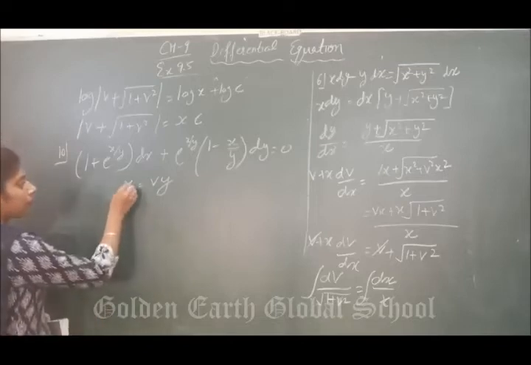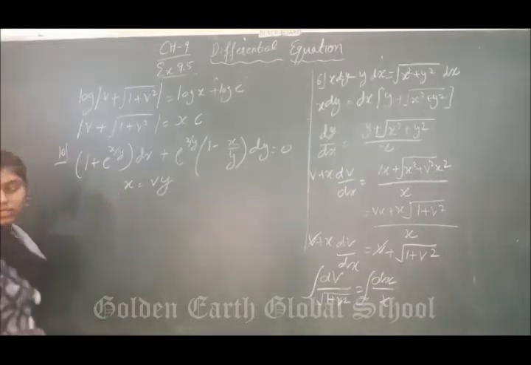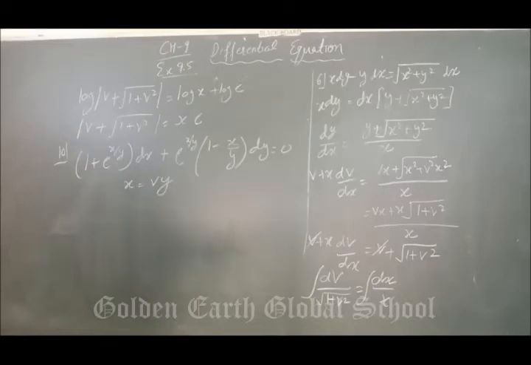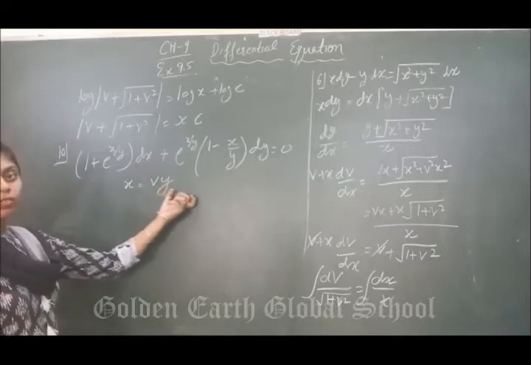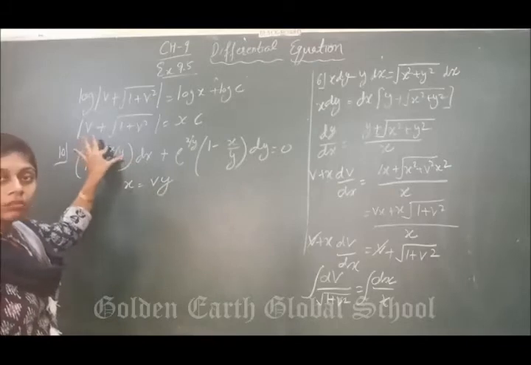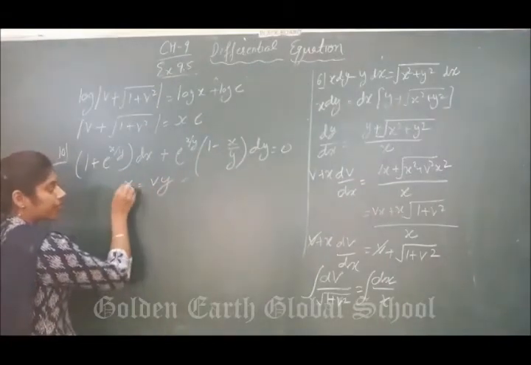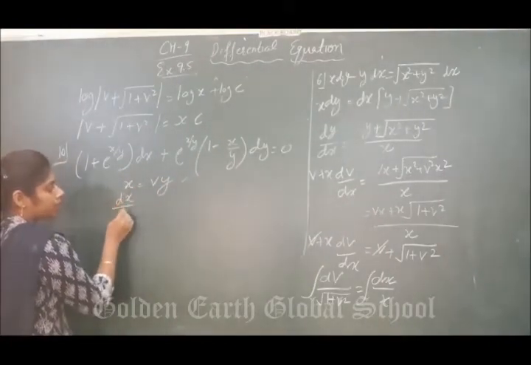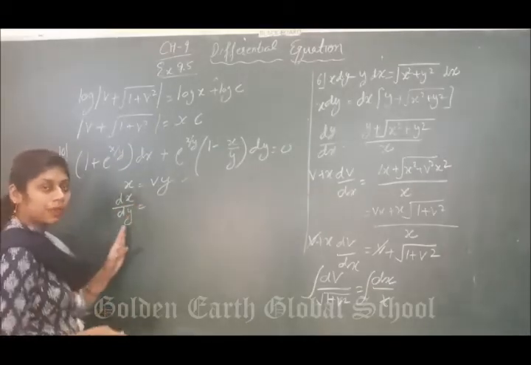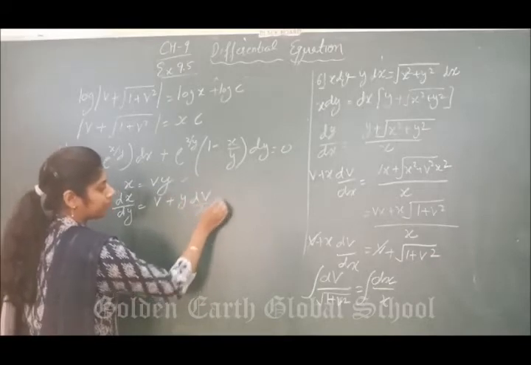Clear? Now take the derivative. It's easy to put y equals vx because its derivative is easy. Rest it's your choice. You can put either x equals vy or y equals vx. If you put x equals vy, then it will not be in fraction form. So we will take this. v is a function of y, x is again a function of y. So dx upon dy: now we will take the derivative with respect to y. Clear?